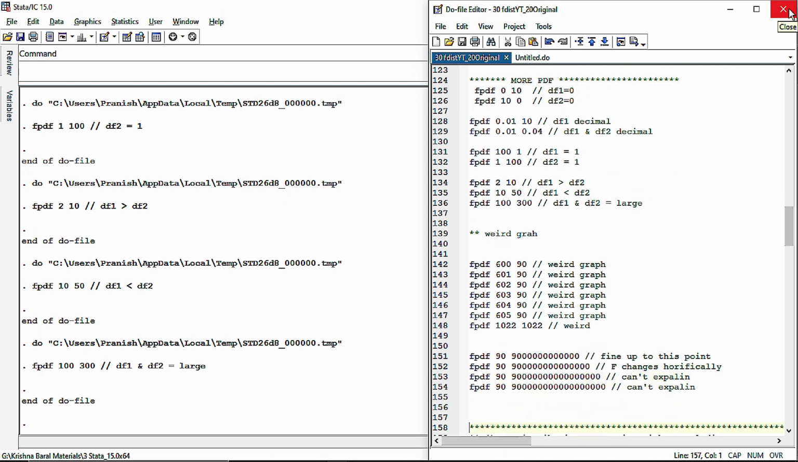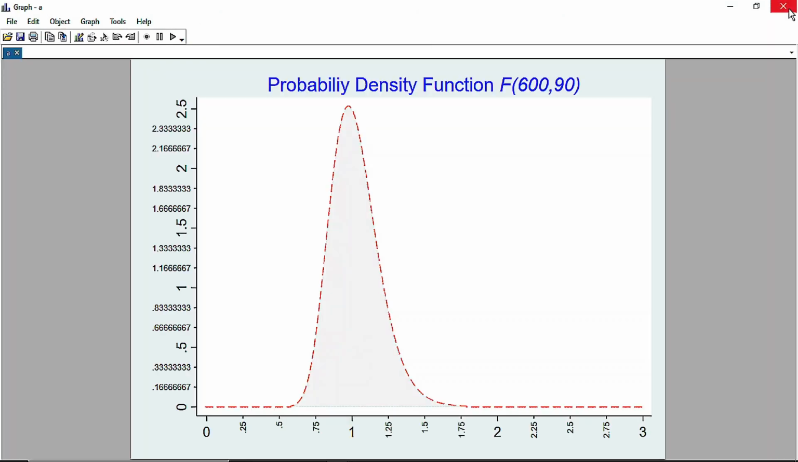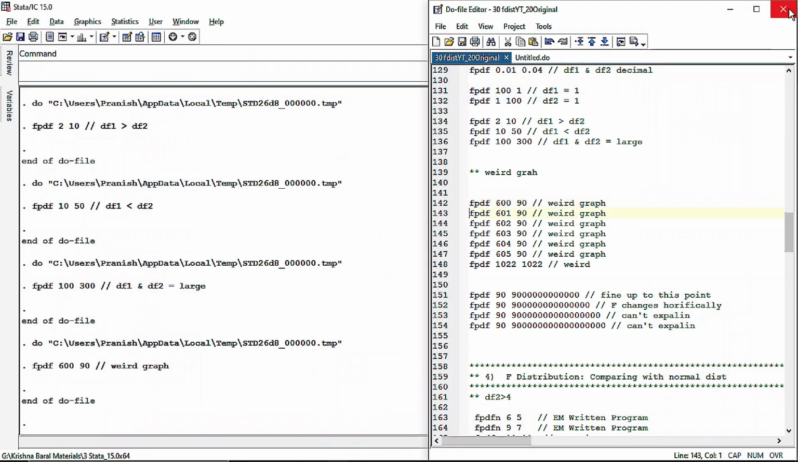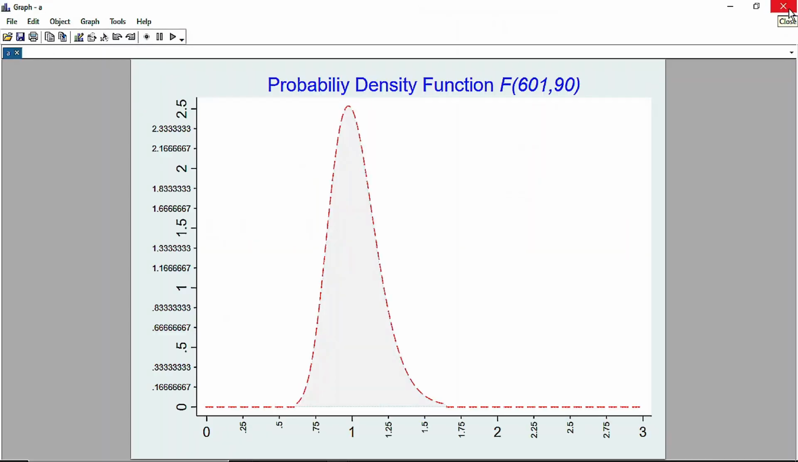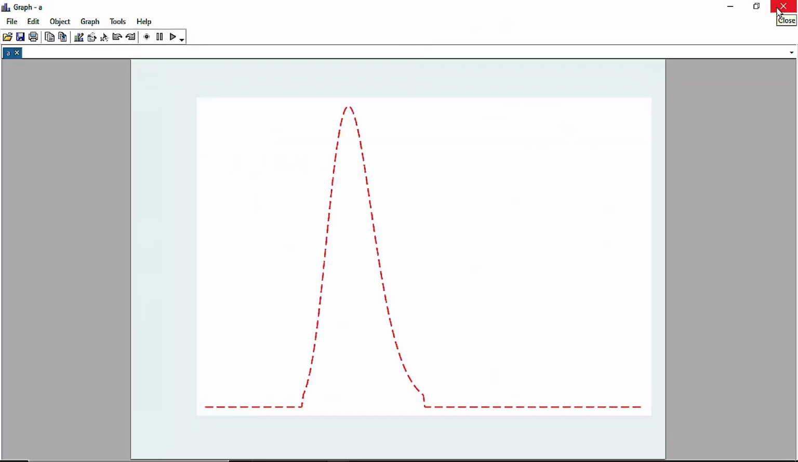Let us further explore, and let us see what kind of weird graph we get when the degrees of freedom 1 is 600, degrees of freedom 2 is 90. We get this kind of graph. We don't see any weirdness in this. Now let us increase the degrees of freedom 1 to 601. We get some breaking points over here,